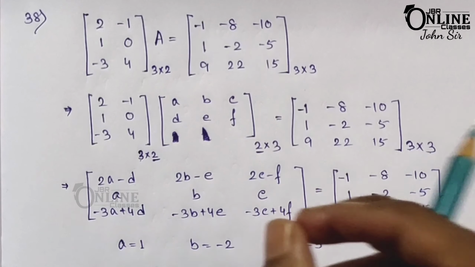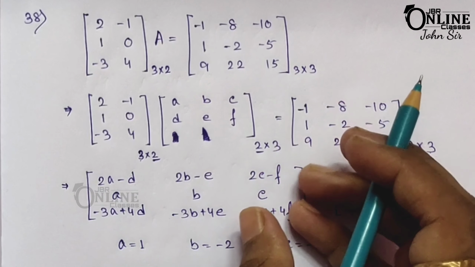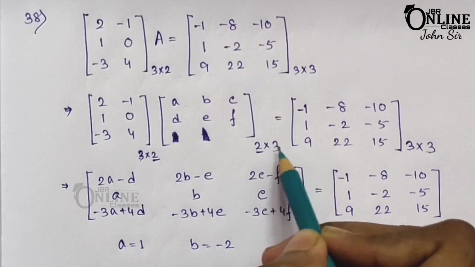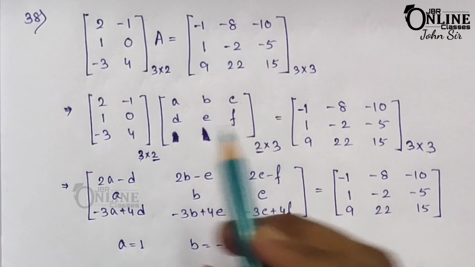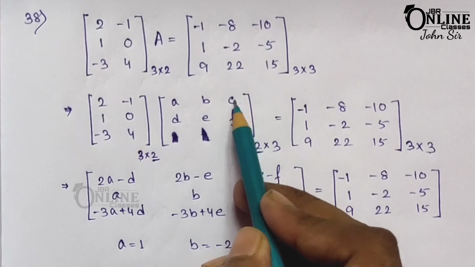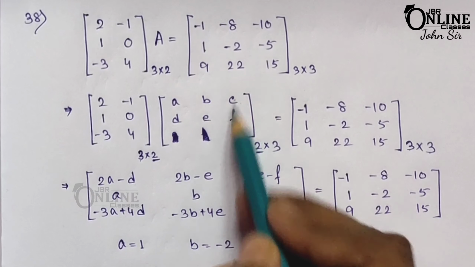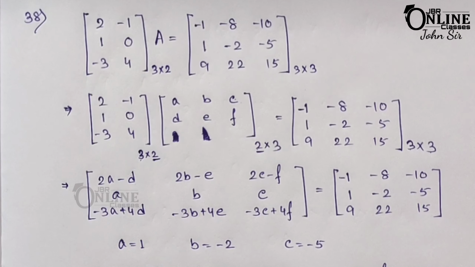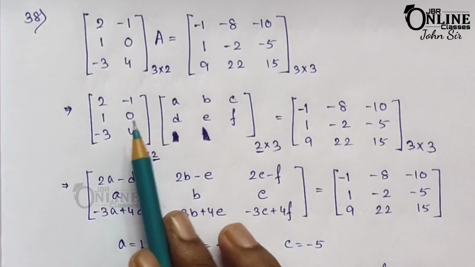Because if you cannot find out the order of the matrix, then you cannot put the elements in the matrix. So as here 2 cross 3, there will be 2 rows and 3 columns. So you can just write down here A, B, C, D, E, F: first row, second row, first column, second column, third column. I hope you can understand. Okay, now you have to multiply this matrix with this one.